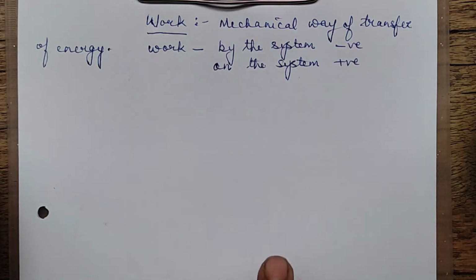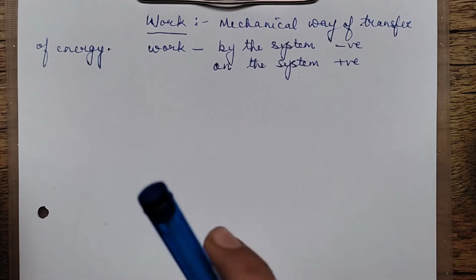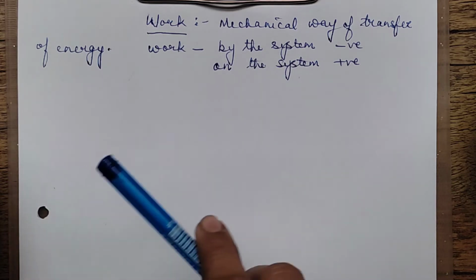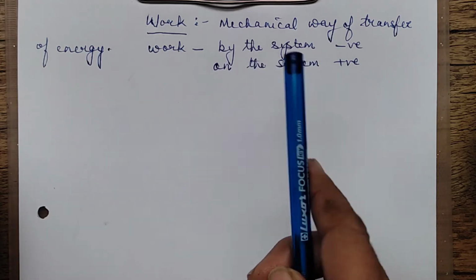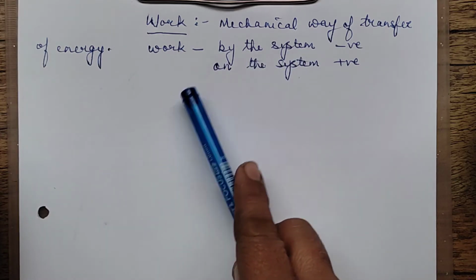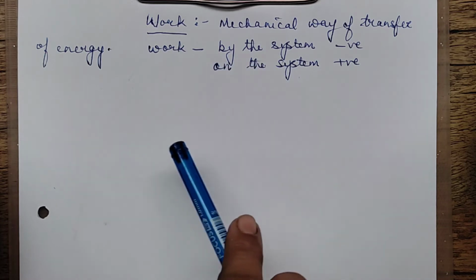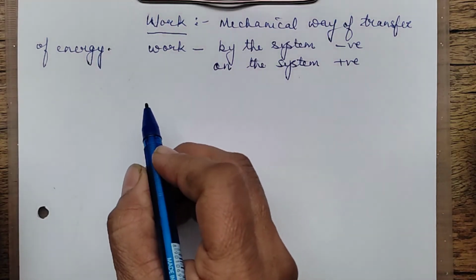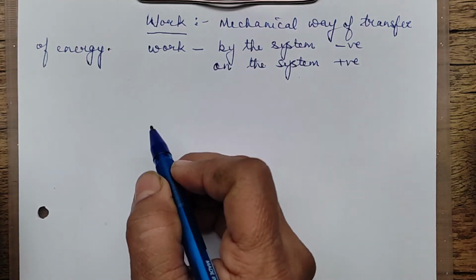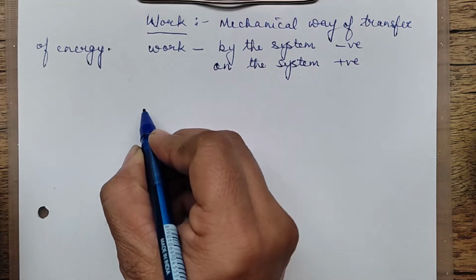So there are two ways by which the energy of a system can be changed. Either heat or work. Okay, heat given by the system, absorbed by the system, work done by the system, work done on the system. Okay, now we will be first talking about the work done in terms of compression or expansion. For that, let us consider